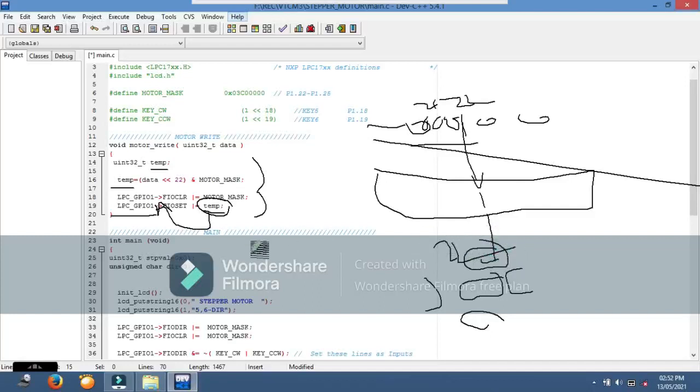Suppose the step value bit will be 1, then temp will have this bit as 1, and we write that to bit number 23, which is connected to this coil, and hence this coil will be energized in the next step. Like that, continuously the motor will rotate clockwise for di equal to 0, and for di equal to 1, it is anticlockwise. This is how this program works.